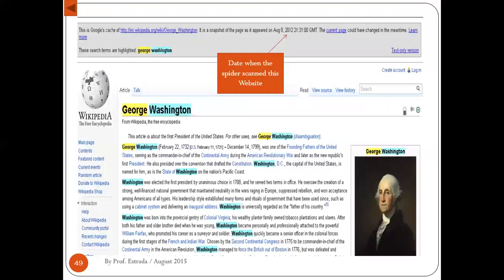Once again, go to the Google website and do a search for George Washington. Find the result associated with Wikipedia. It will most likely be at the top of the list of results. Click the down arrow after the URL and select cache. You should see the website content even though you were not taken to the actual website. One good thing about using cached is that the words that you had placed in the search box appear highlighted in the cache page. If you look at the top of the page,